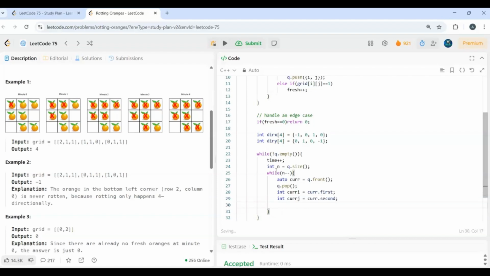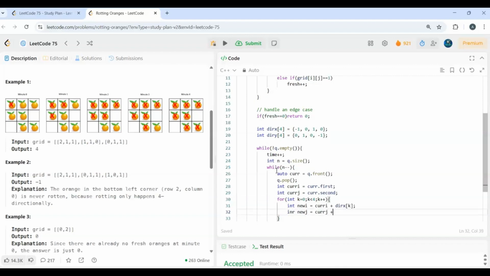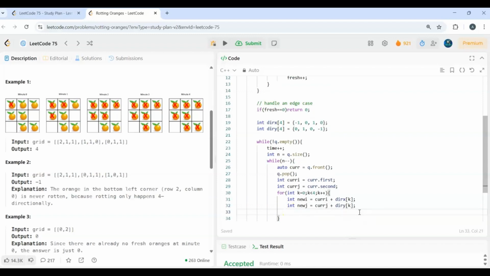Now for this current i and current j value, we'll check all the 4 directions with the help of a for loop. We'll calculate the new i value, which is the current i plus the direction of x, and the new j value, which is the current j plus the y direction of k. And now we'll check whether this index goes out of bound of the grid or not. If it is inside our bounds, then we'll check whether this index has a fresh orange or not. So the conditions would be new i should be greater than or equal to 0, new i should be less than r,